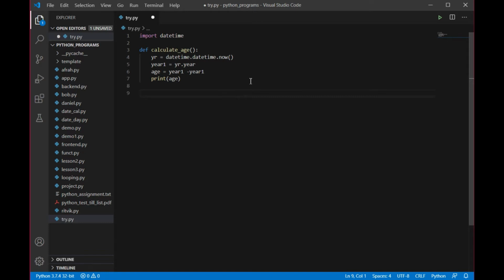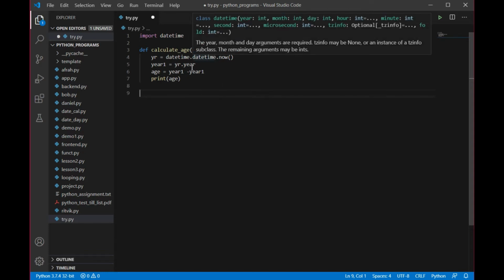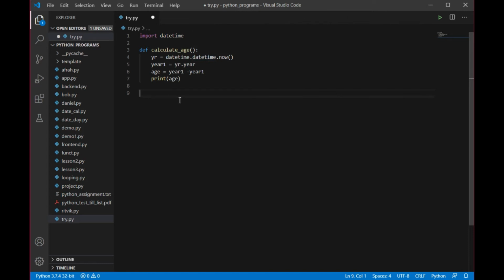if you are defining a user defined function, you need to call that function. So I have defined this function, now I need to call this function. So here I am making a call to this function, that is calculate underscore age. Now inside this, what I'm going to pass, if you have noticed, year 1 variable I do have, but I don't have year 2 variable. Now year 2 is being passed as a parameter to this function, so I'm taking year 2 here.